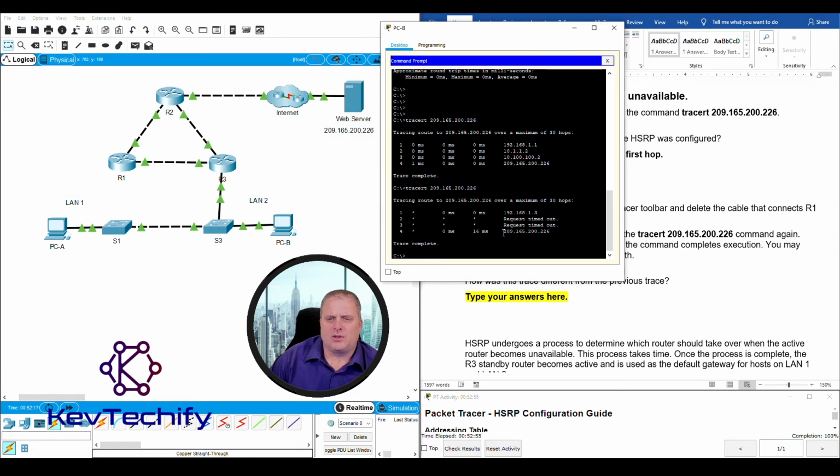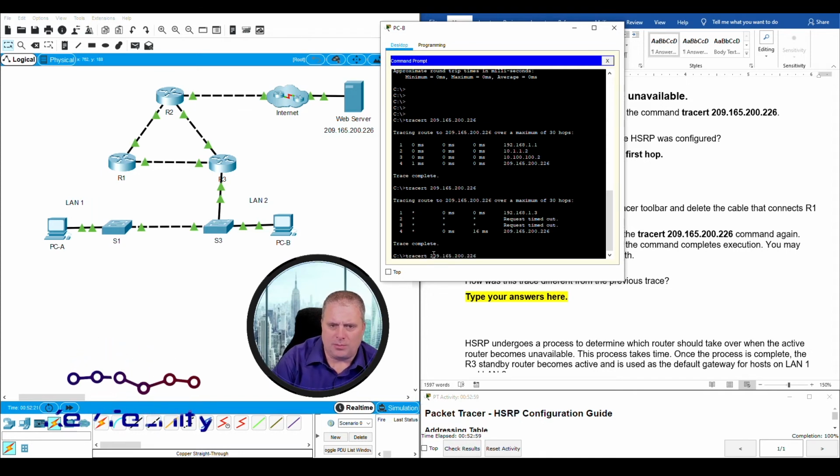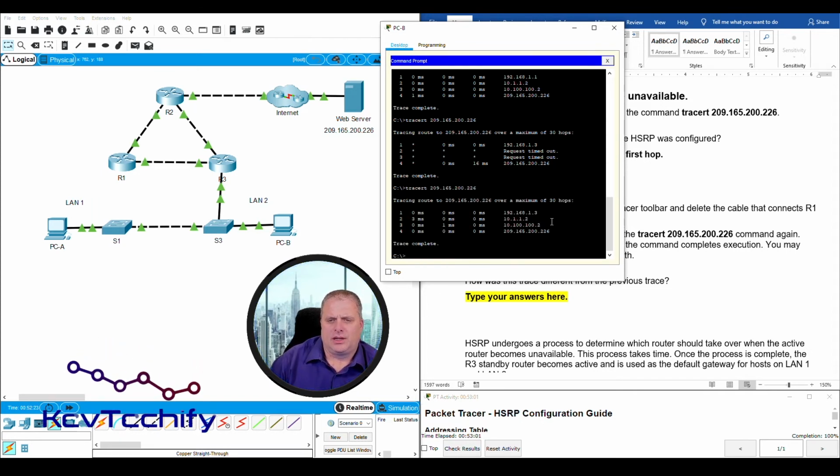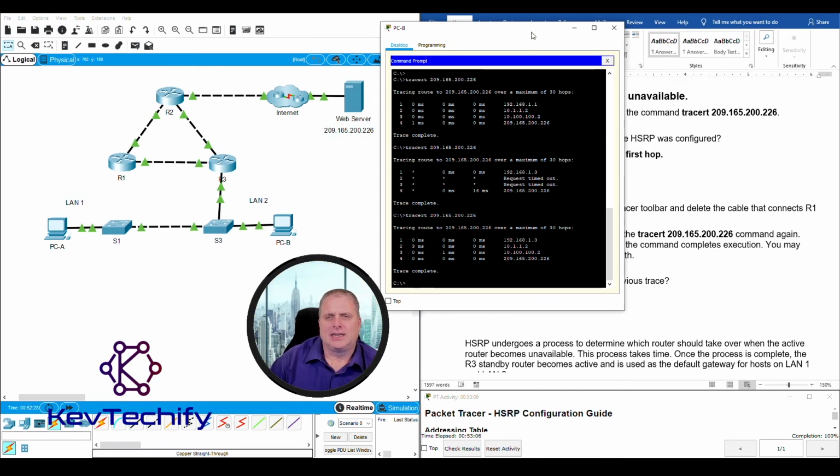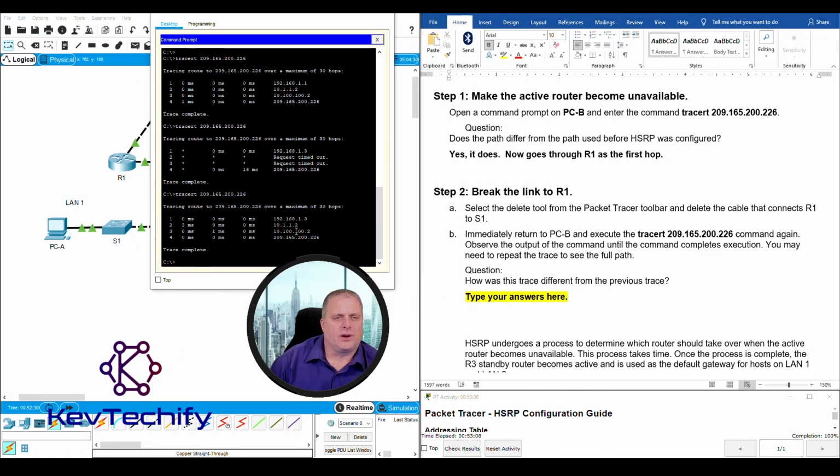And we got some timeouts. Let's go ahead and repeat that command. Just up arrow again, enter it. And now we can see the results of our full traceroute. Here's the traceroute we just ran. Notice our first hop,